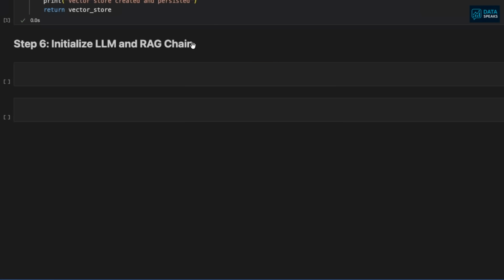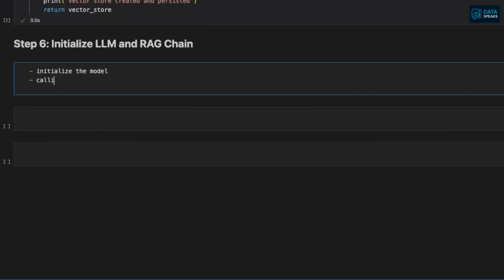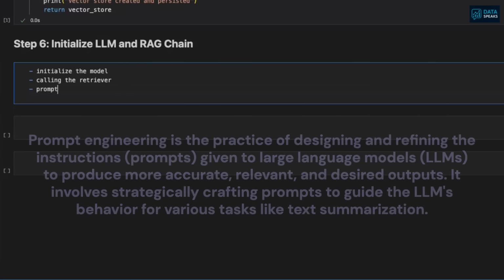Finally, we have entered the most important step in this RAG application, which is initializing the large language model and creating the RAG chain. In this specific step, we will initialize the model that we are going to use for this RAG application, and then call the retriever that will retrieve the information to provide to the user. And then later on, the most important part of any large language model or generative AI model is going to be the prompt